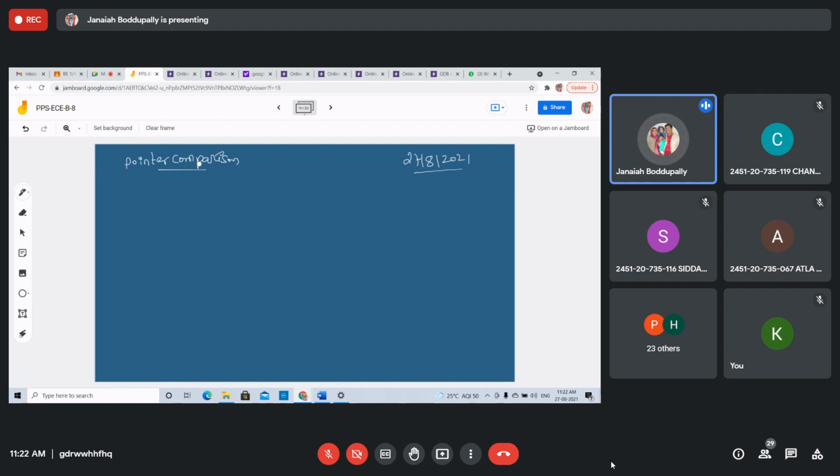How to compare the two pointers? Write a program to find the biggest number between two given numbers. See this program shows that.